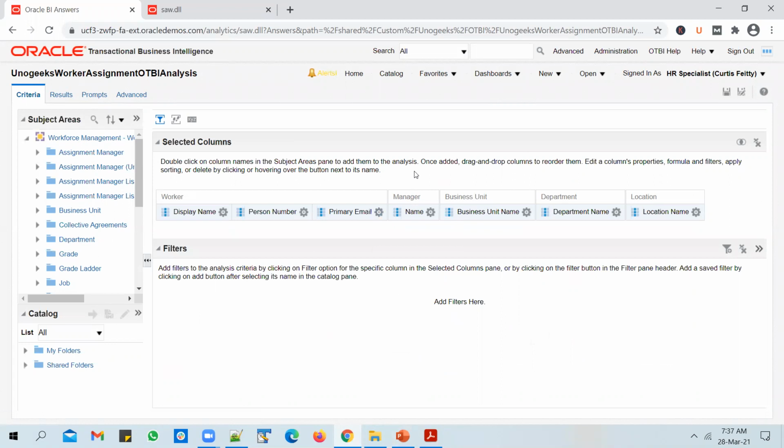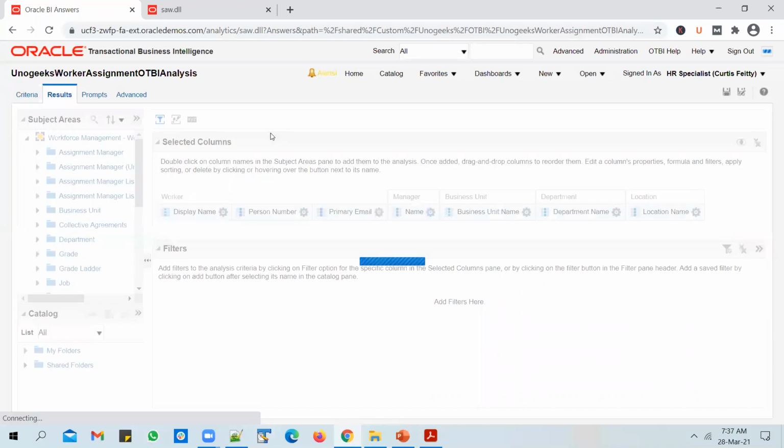As simple as that. And we can also add features into this OTBI report, features such as filter, sort by, and you can also add a prompt. Okay, let's see how to add in those features. So if I go to the results tab,